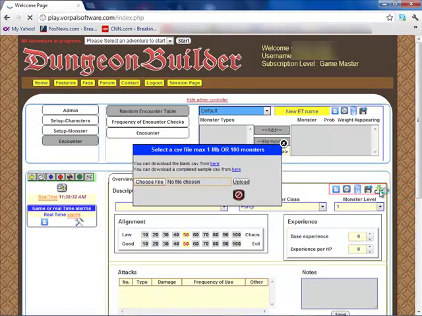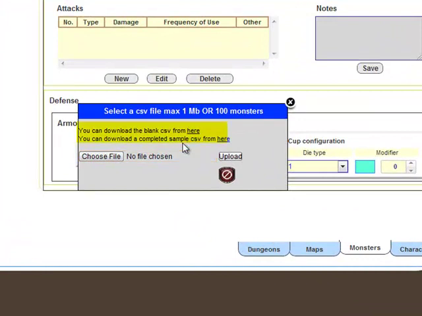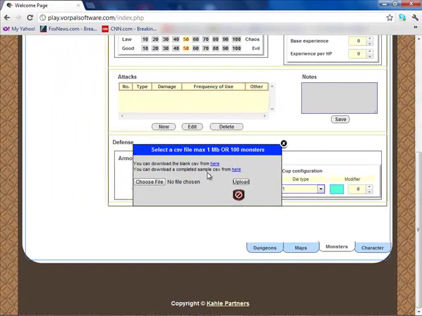This brings up the import screen, which has a couple of links here for downloading a blank CSV or a partially completed CSV, so you can use it as a template to guide your entry. So if you don't have a copy of the CSV, please download one of these. Now, doing the actual import is pretty straightforward. You just choose the Choose File button, then you find the spreadsheet to upload, and then you click the Upload